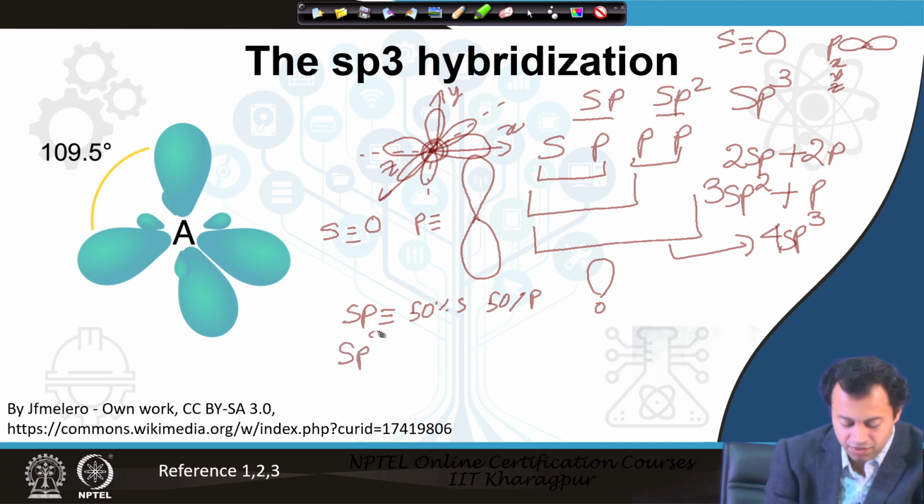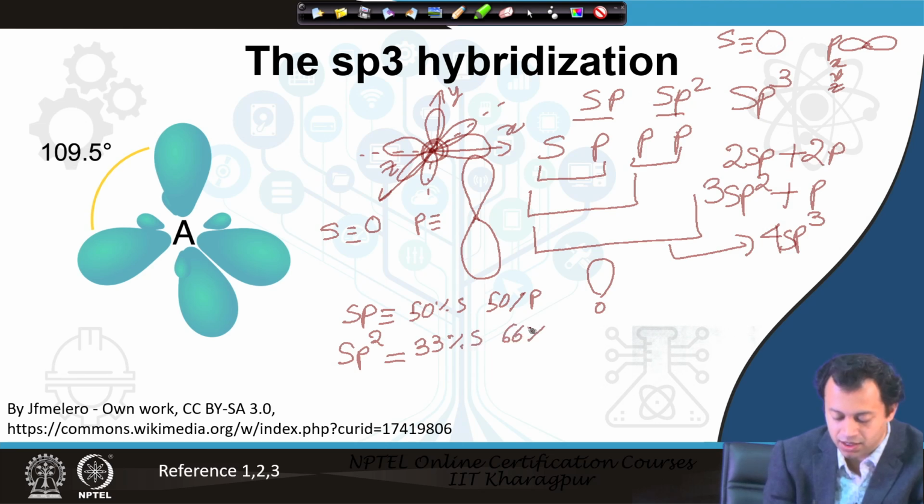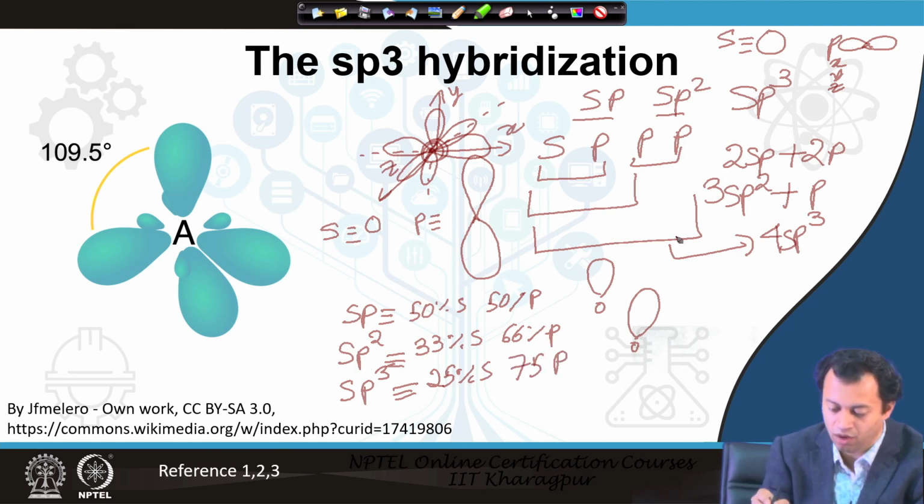When we have sp2, which is 33% s and 66% p, we see this, and when we have sp3, which is 25% s character and 75% p character, where s has merged with all of the p, we see